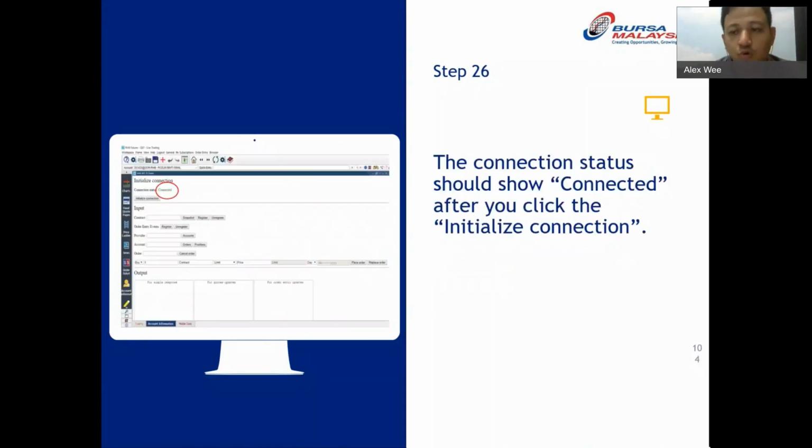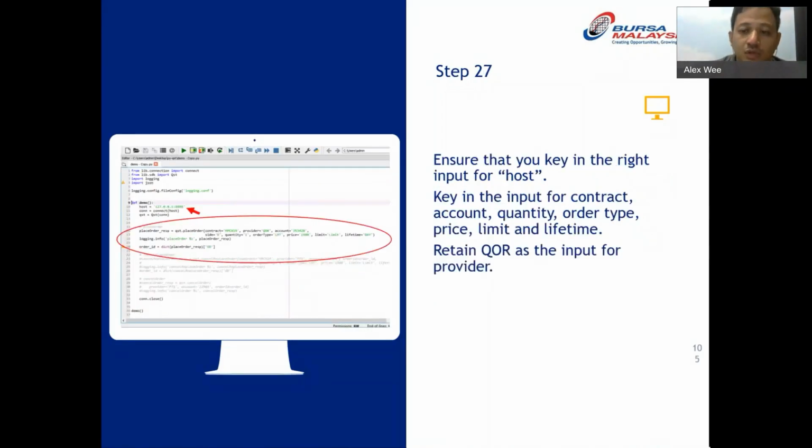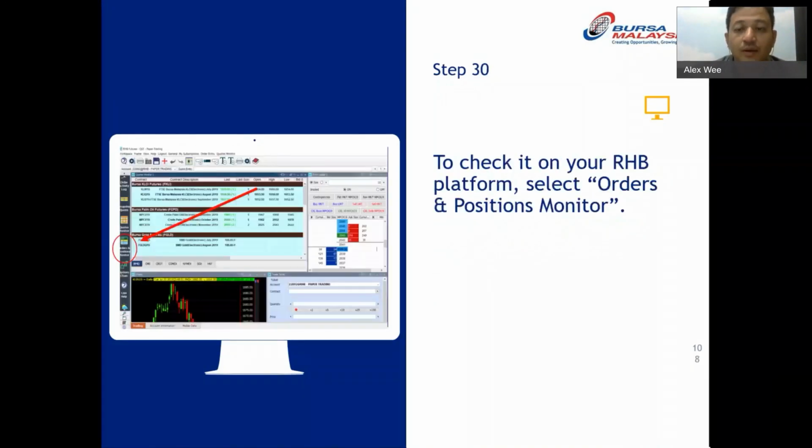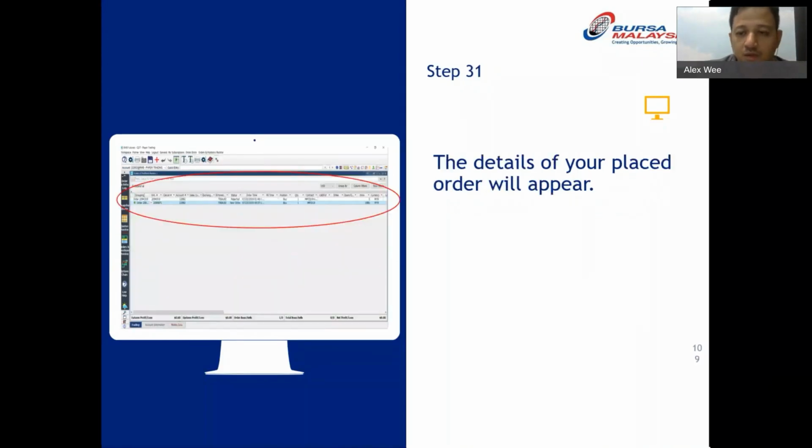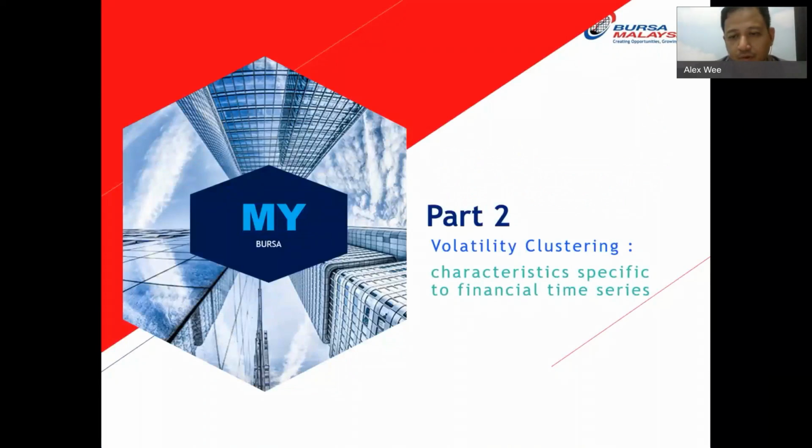So go back to your own favorite broker. Every broker has their own API connectivity method. This method is not specific to RHB. It can be used for some others, like even Affin, they use QST as well. So it really depends on your broker. Then, of course, you can automate your orders and positions here. When the algo automates trading of FCPO, FKLI, you can actually monitor the trades here. Okay, all right. So that's one part. Okay, let me talk about volatility clustering.